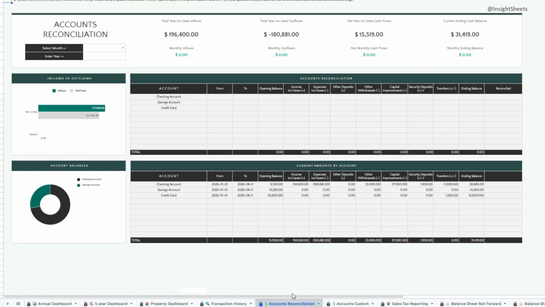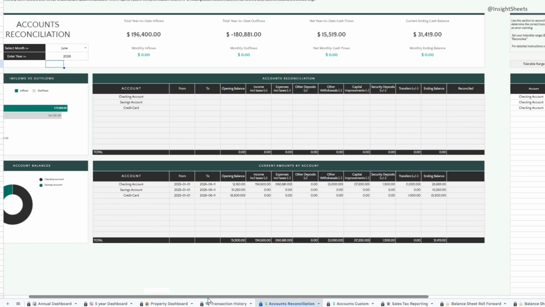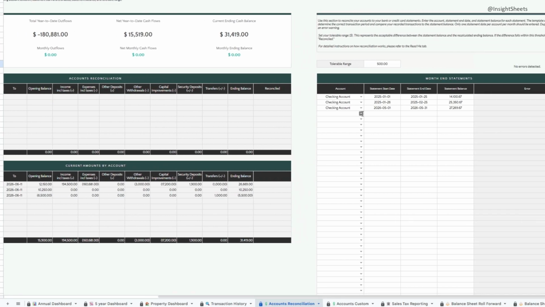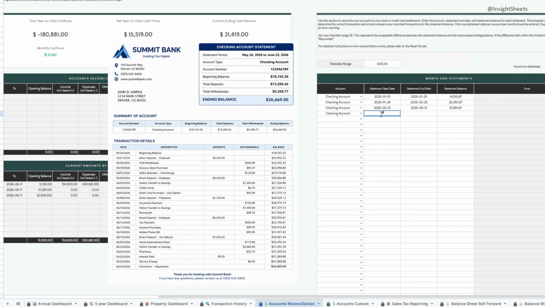Instead of relying on month-end dates, your reconciliation is based on your actual bank or credit card statement dates. So if your bank statement ends on the 25th, the template will automatically pull exactly the right transactions for that period. No guessing, no manual adjustments. Let's go through an example. I'll select June 2026 as the month I want to reconcile, scroll to the far right where the input cells are, select Checking Account from the drop-down, enter my statement start and end date of June 25th, 2026, and enter my statement balance of